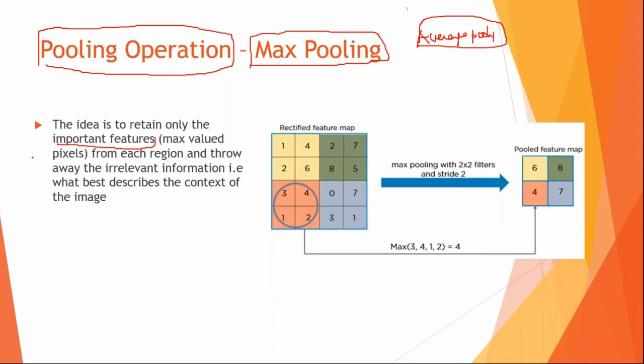You don't want anything which doesn't make any sense, which doesn't add to the value. So here it's a 4 by 4 image. You run a 2 by 2 pooling with a stride of 2. It breaks the image into 2 by 2 blocks and looks for the maximum value in each: here it is 6, here it is 8, and 4 and 7. So the pooling operation picks up the maximum values in the case of max pooling, throws off the other irrelevant values, and these pooled features pass to the next CNN layer.